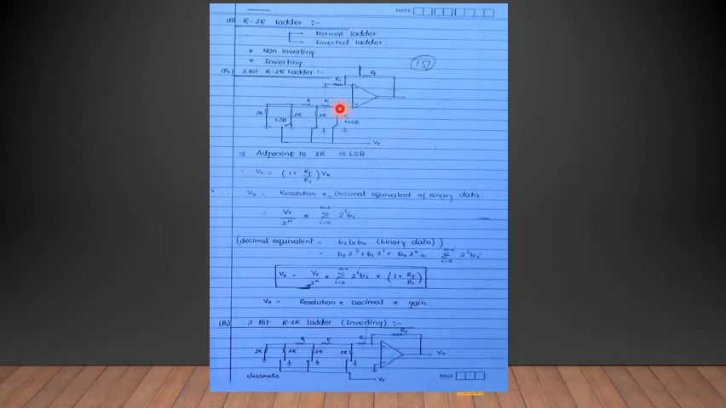The Vx voltage is here. So how can we calculate the value of Vx? Vx is equal to resolution into the decimal equivalent of the binary data. This is the formula we have seen in the previous slides. So what is the decimal equivalent of